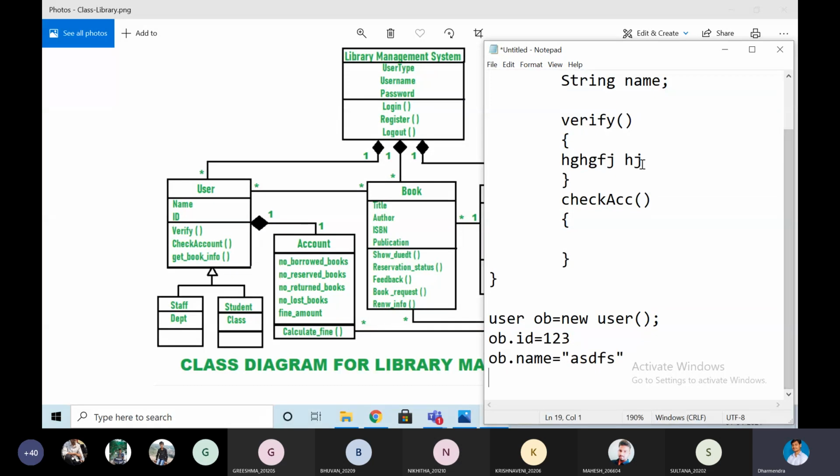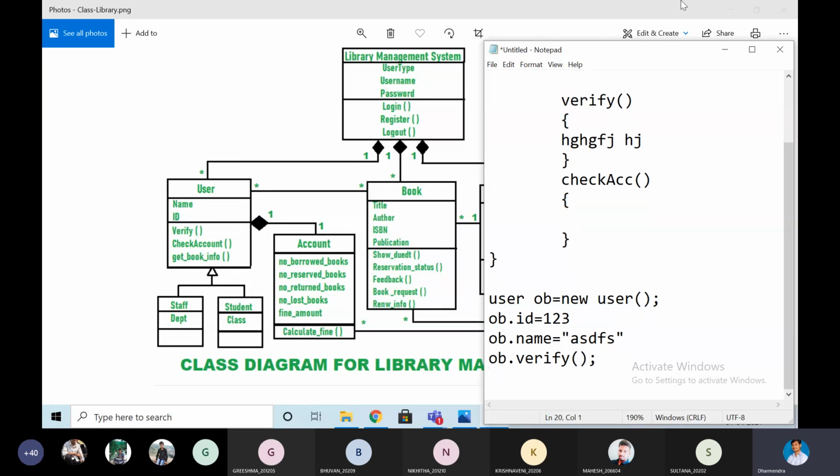If you want to access the functions already defined in the class, we will access ob dot verify. Like this we'll access the attributes and operations we have in the class by using the object. So this will happen in the coding.